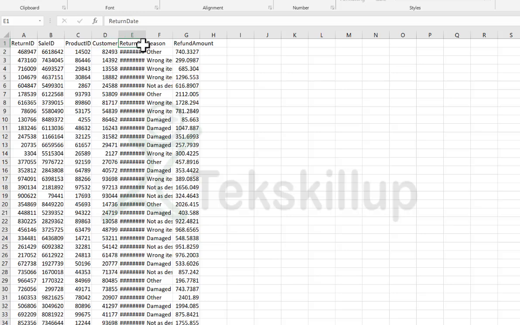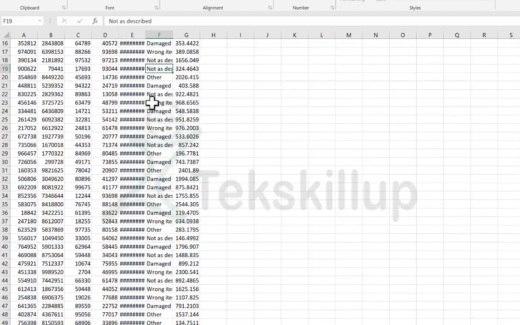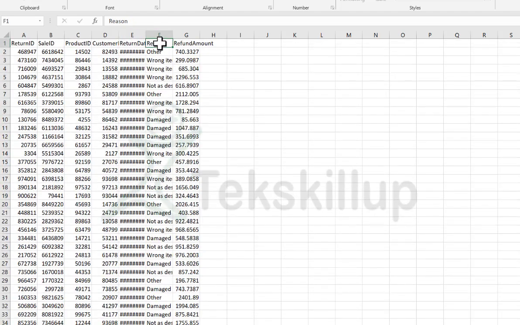And then this is a return date, the particular date that this product was returned, and then reasons why the customer could return such products. What could be possible reasons? And these are them: wrong item, damaged, order, not as desired, or whatsoever, wrong item. So these reasons are all categorical because